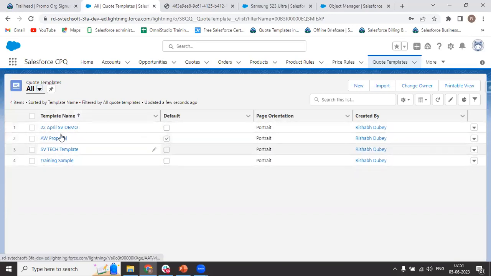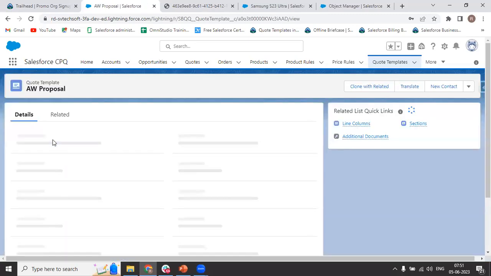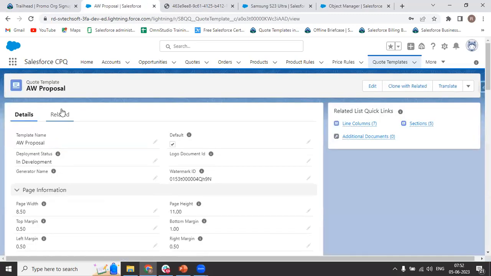All these demo templates I have created using the point and click method. I have not written any code. There are some basic HTML requirements, but all of this is basic point and click. I just have to create a record for this particular code template, and then if I go to code,